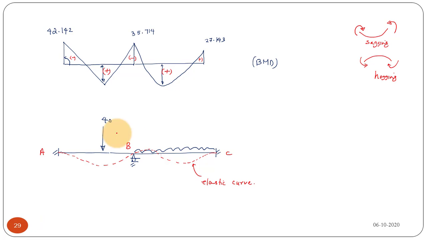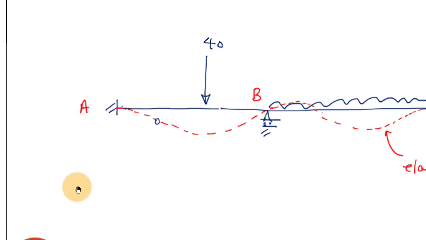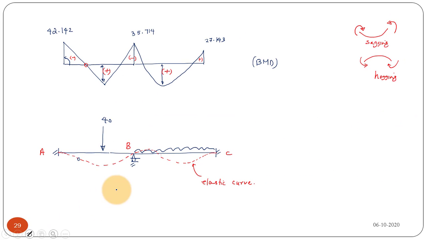You can see the point of contraflexion in the moment diagram. This is the point of contraflexion in the beam. If you want to locate the point of contraflexion, you make use of the moment diagram. If you want to see this point in the elastic curve, the corresponding point in the elastic curve will be here. If I draw an enlarged view of this part, maybe something like this. This is your A, and this is the undeflected shape of the beam.